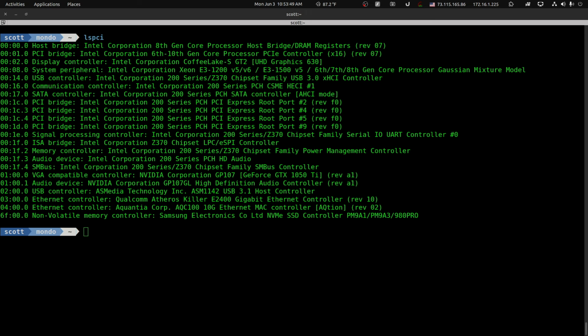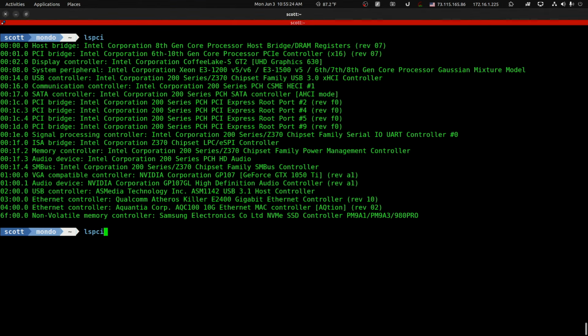I really didn't want to disable the 1 gigabit Qualcomm integrated Ethernet NIC in the BIOS, and the reason for that was because I wanted to be able to PXE boot iVentoy and be able to access programs like Redo Rescue. So if we go just a little bit further with lspci and do an